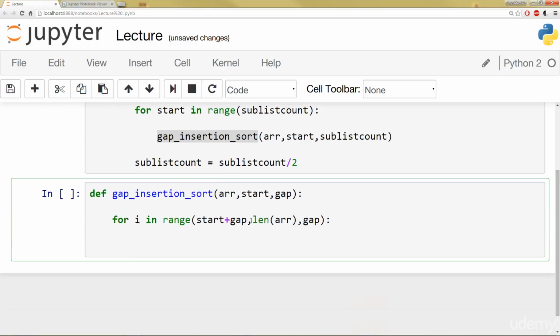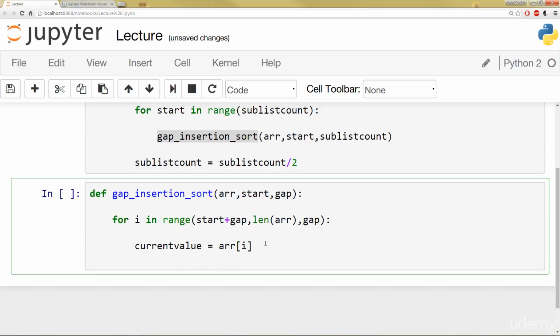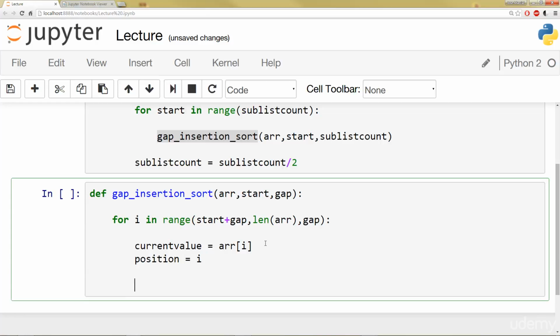Then let's make a variable called current value and set it equal to whatever that value is at this index of the array. And then let's say position equals i. So we're basically doing the same thing as we've done in a few other algorithms, setting a current value and a current position. Then using that gap, we're going to say while position is greater than or equal to gap,